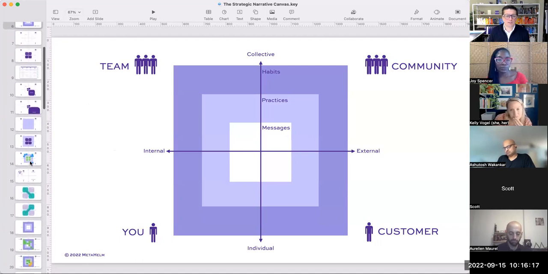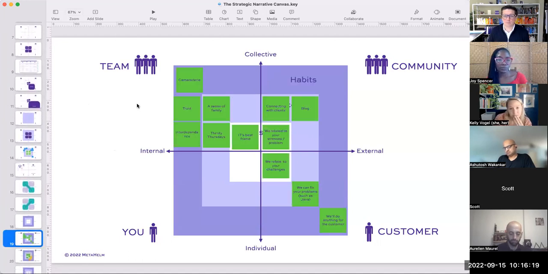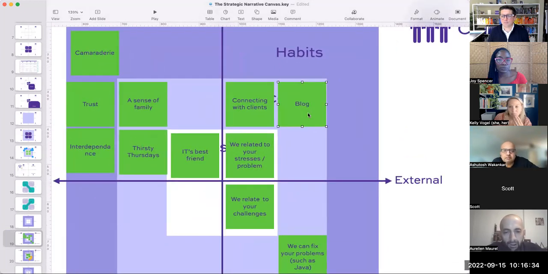Here is an example of what I meant by this. Actually, I used this exact presentation to map it out. This is an example for a company, but literally we use this canvas and we say, okay, our blog on our website. Can you see this clearly? Is that better now? Yeah. Okay. Our blog used to be an idea, and now we're building it. We're putting it into practice.